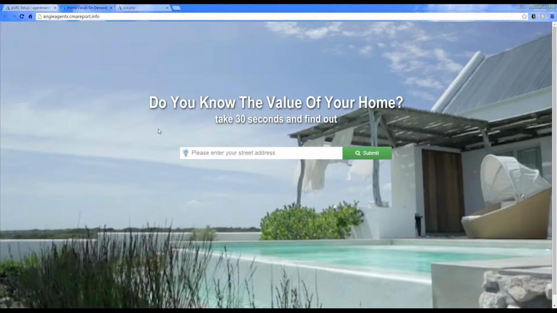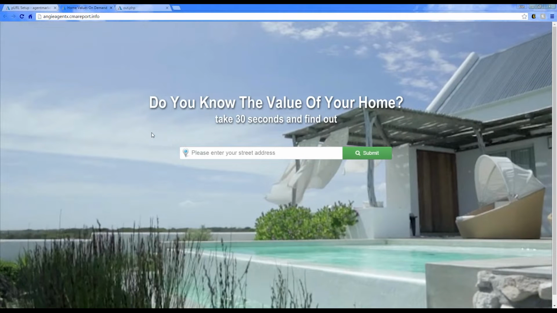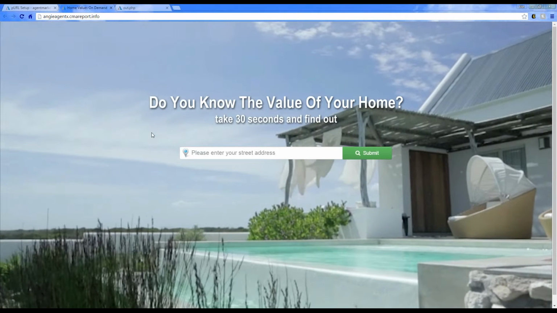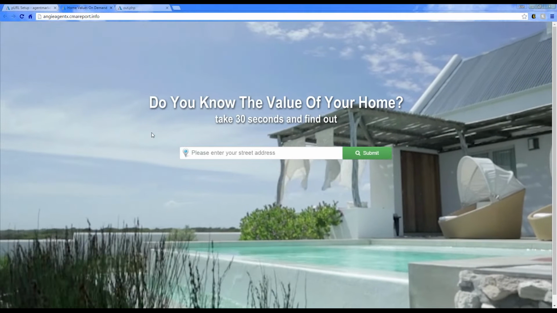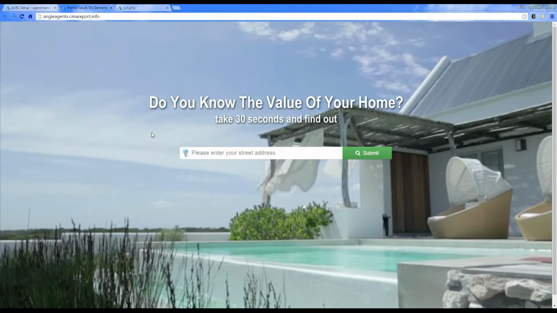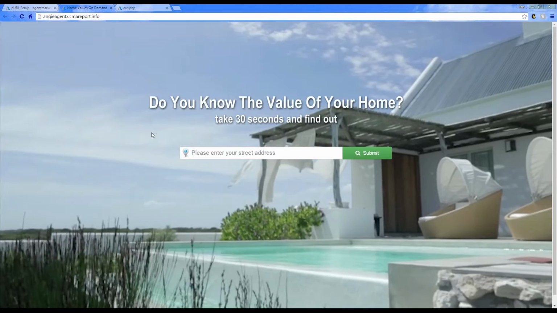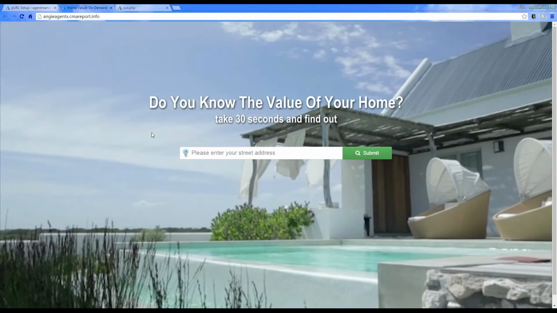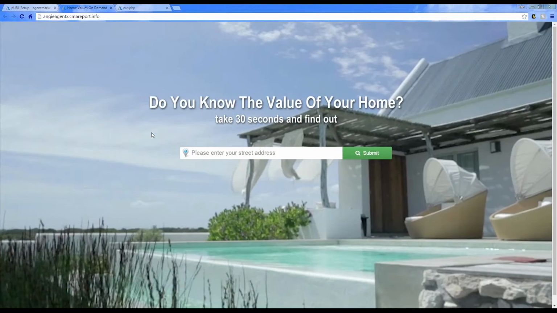So when we go ahead and we click on the link, consumers can go to this website and they can fill out this information. Now this can be put on your personal website. You can create Facebook ads if you want to. You can post on any social media, do Craigslist posting, put it in your email signature. Anywhere you can possibly get this website out, you really want to take advantage and use that as an available